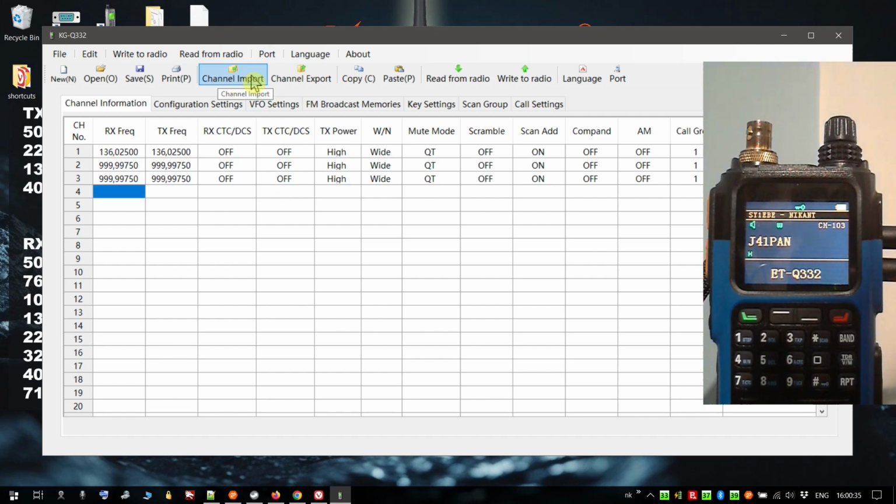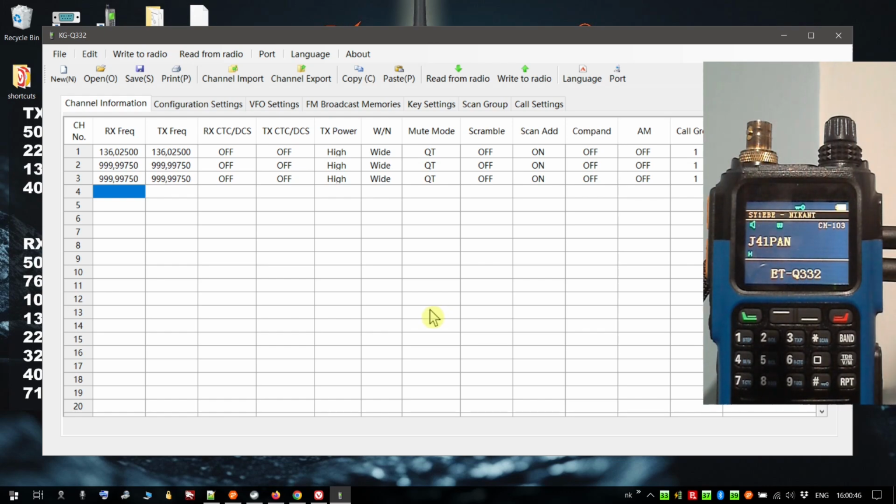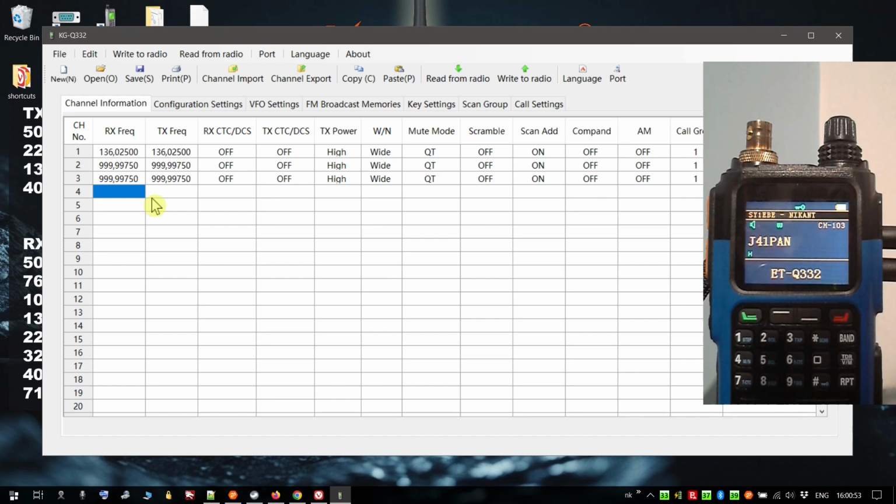I even tried to import or export the channels to a CSV file to see what happens. Even if I did that, I couldn't import the CSV file. The program didn't work at all. It malfunctioned. Well, I gave it some thought and an idea came to me which I didn't expect to work, but it did. And this is because this program is poorly written. I'm sorry I have to say this to Osun, and let me show you what I mean.